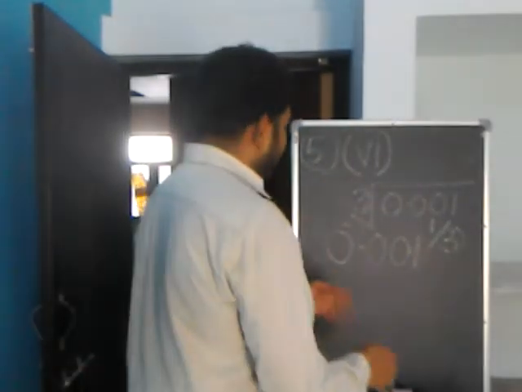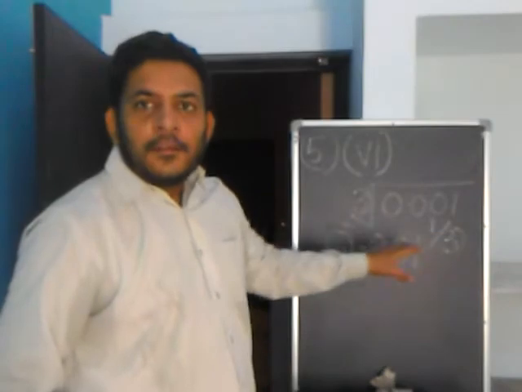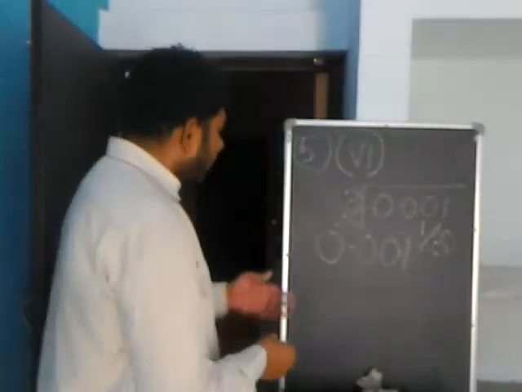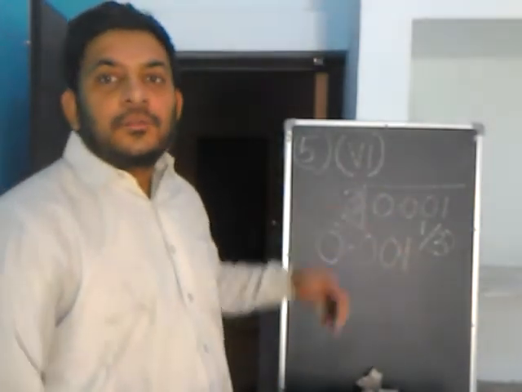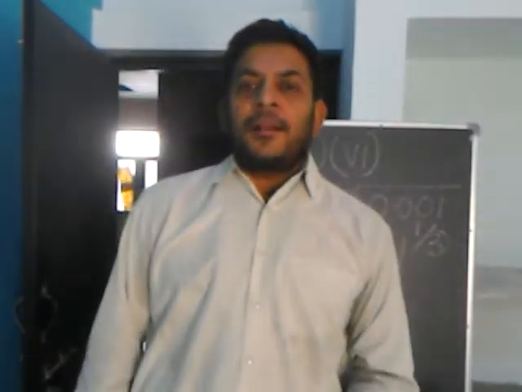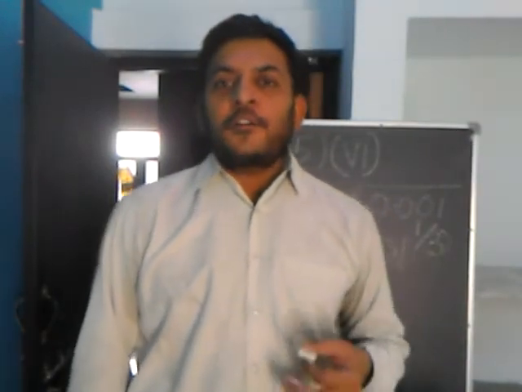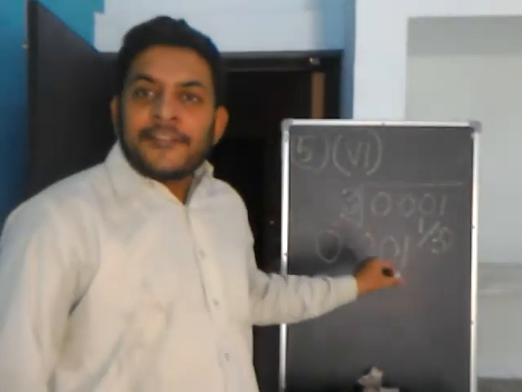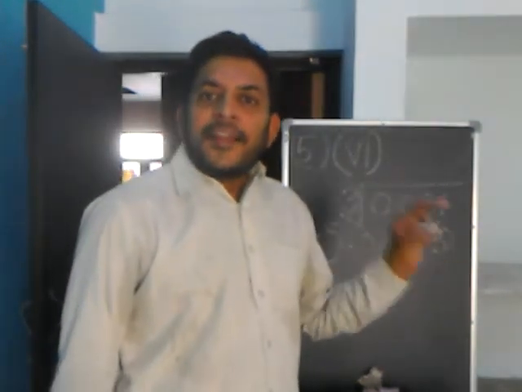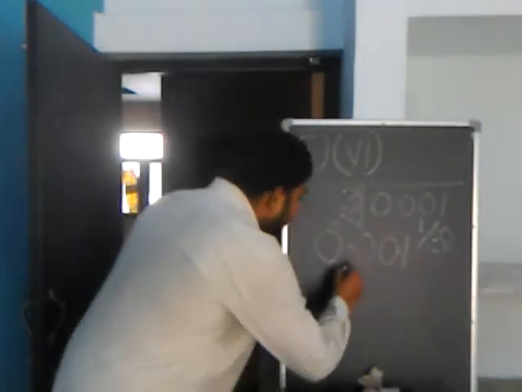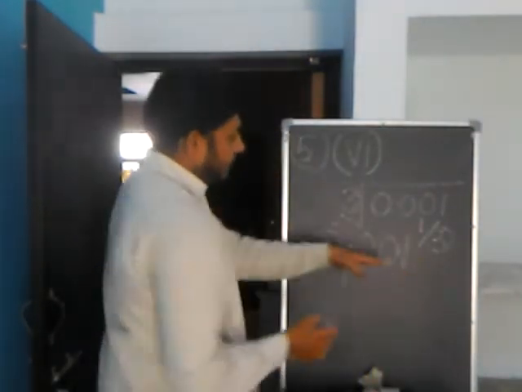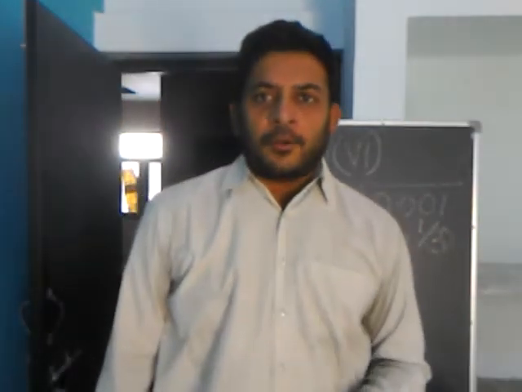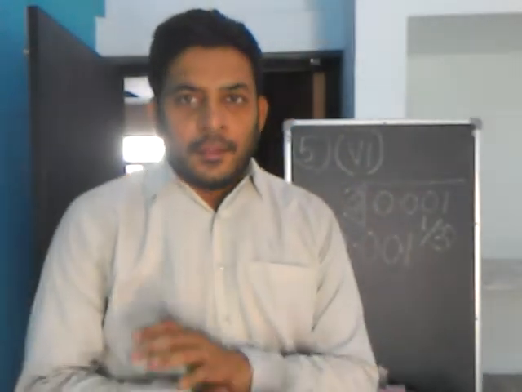Now let us start solving it. 1 by 3, which means I have to take the third part of it. But this is a decimal number also. So if any decimal number is given to us, then what will we do? First of all, we will simply convert it into a rational number. And to convert it into a rational number, I write down 1, because here the meaningful number is 1, and we have learned about meaningful digits